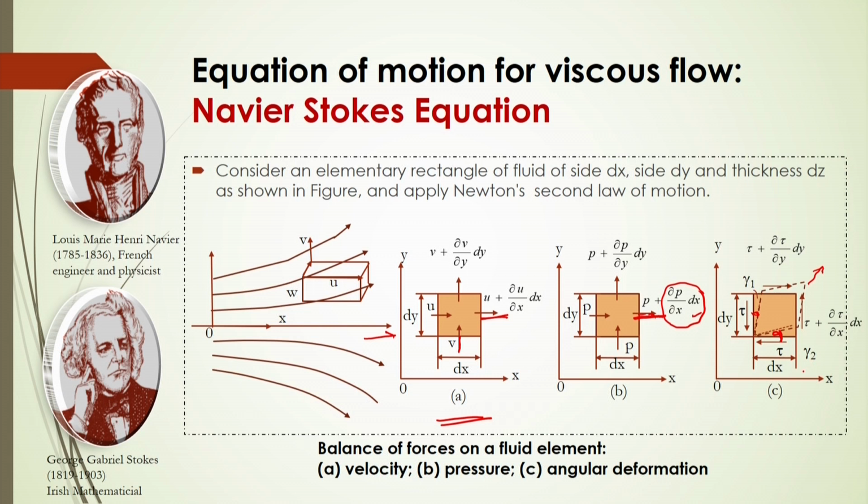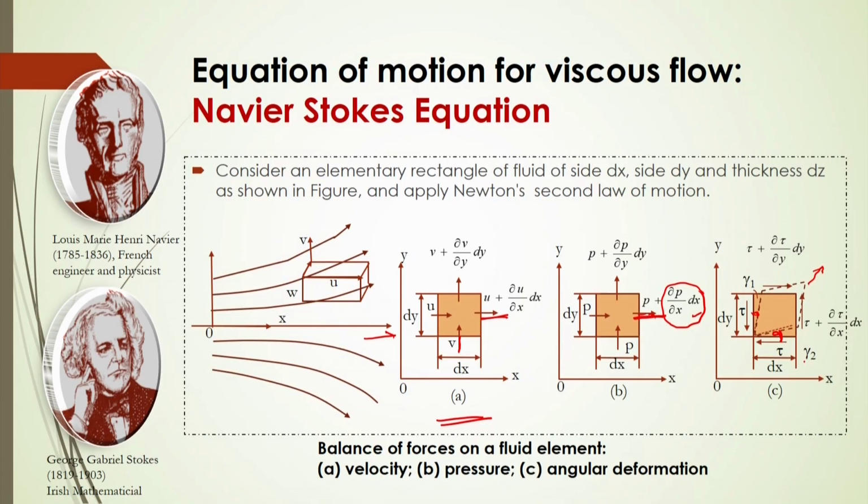Then the rate of deformation of this angle will be called the angular deformation. This angular deformation will be represented by ∂γ/∂t or dγ/dt. That is, how much the angle will change with respect to time whenever it is flowing within a short period of time, for that elementary element, and it changes because of this viscous effect.